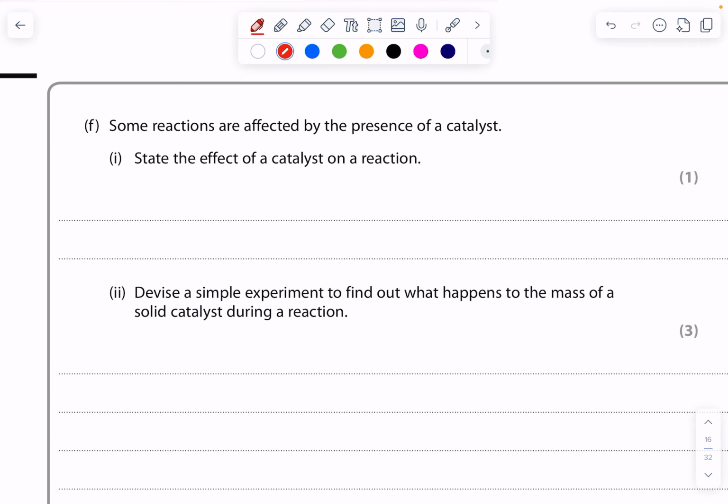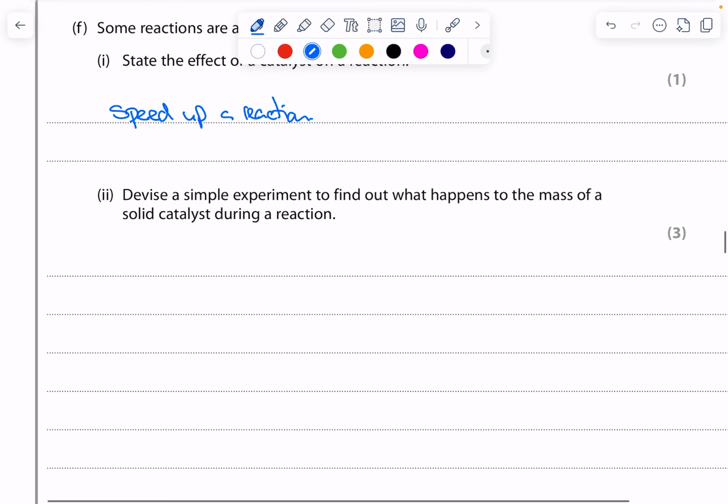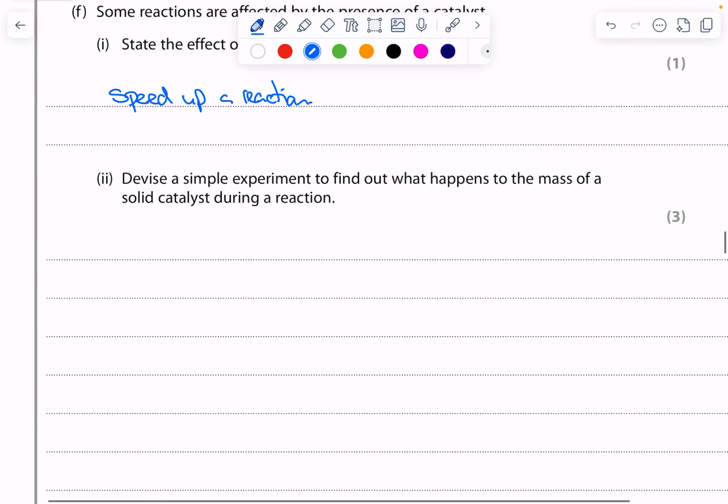Okay, state the effect of a catalyst on the reaction. A catalyst will speed up a reaction. So it'll speed this reaction up. Then devise a simple experiment to find out what happens to the mass of the catalyst. So all you'd have to do here is